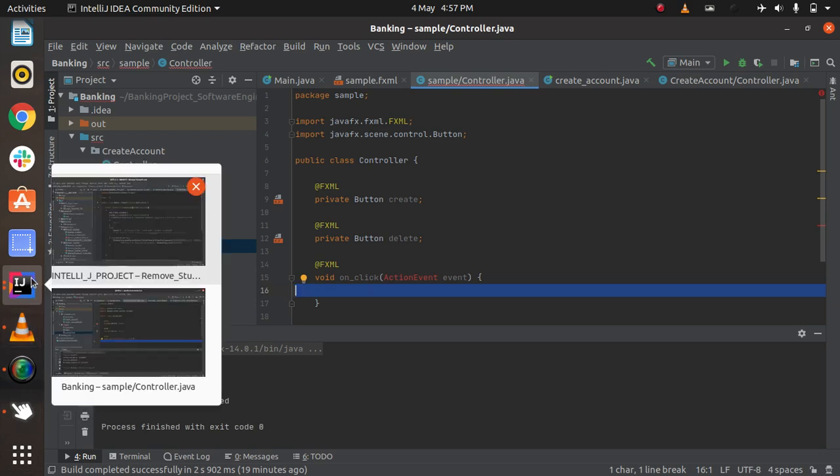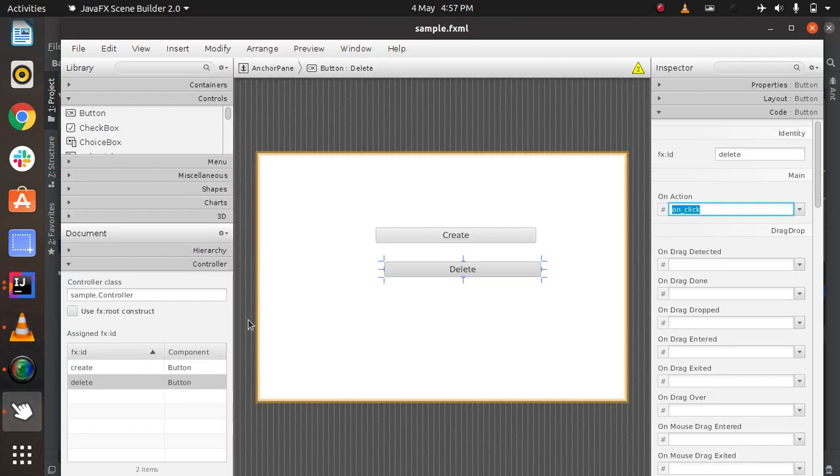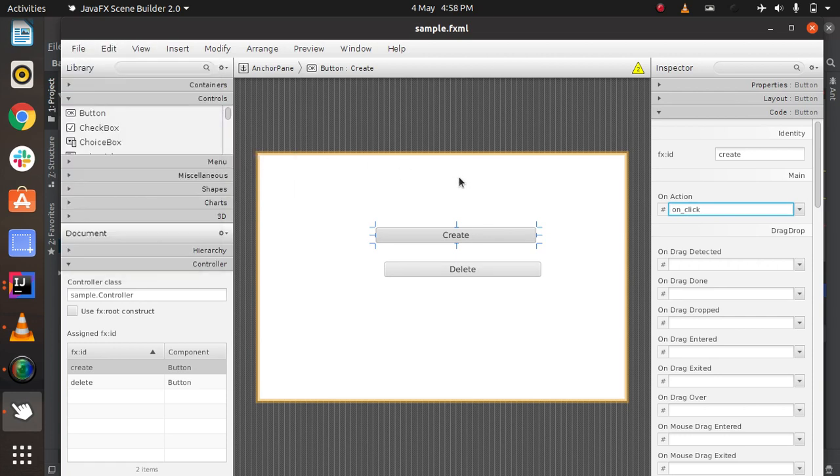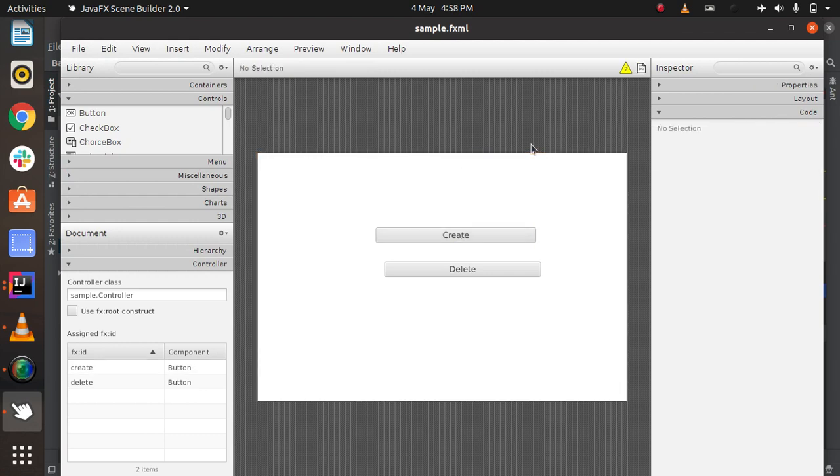This function should be the same for both buttons. So as we can see, here is onClick, just copy this, and in create we will have the same action of onClick, and save it with Control S.